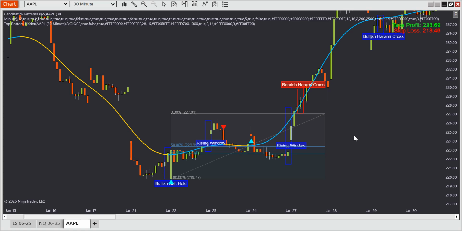So this is just going over some ways you could pair the candlestick patterns with some other price action concepts and other indicators. And it's great confirmation for your bullish or bearish bias for the day, or even great for swing